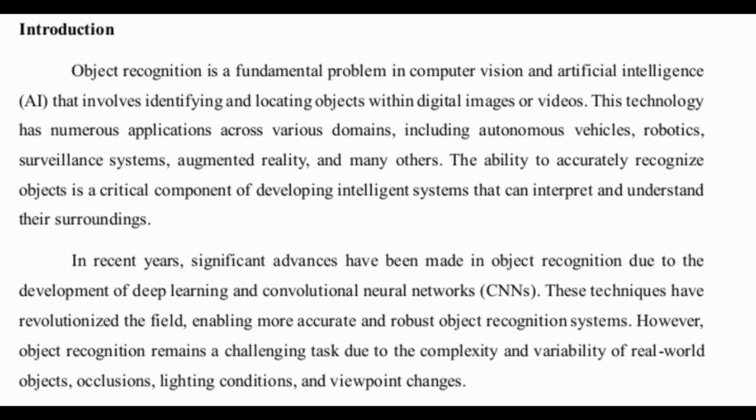Introduction. Object recognition is a fundamental problem in computer vision and artificial intelligence that involves identifying and locating objects within digital images or videos. This technology has numerous applications across various domains, including autonomous vehicles, robotics, surveillance systems, augmented reality, and many others. The ability to accurately recognize objects is a critical component of developing intelligent systems that can perceive